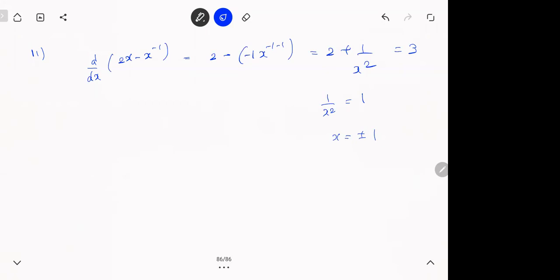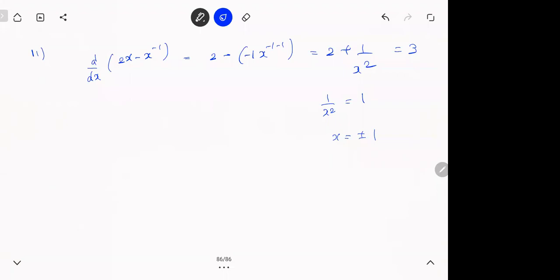So that is the meaning. For what values of x, meaning indirectly he was asking, after differentiating the value is equal to 3. So find x. Got it? So differentiate, equate to 3, then the value of x will come right there. So at x is equal to plus or minus 1, the first differential is equal to 3. That is the meaning of it verbally.